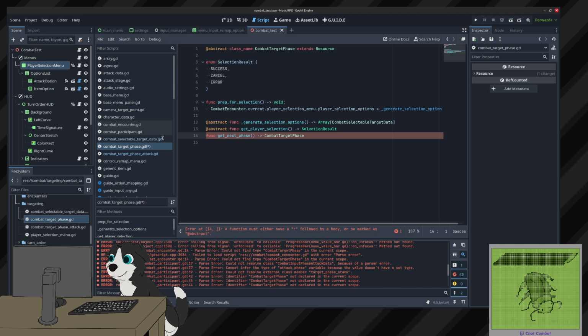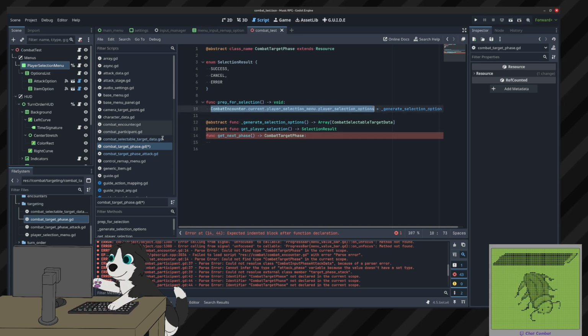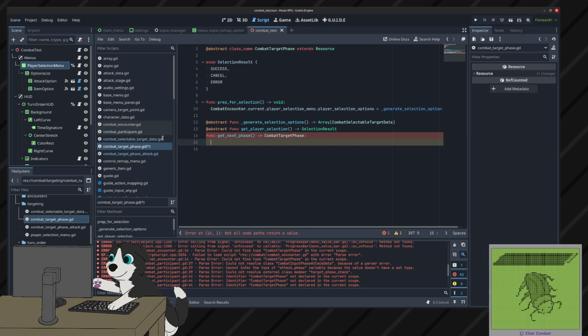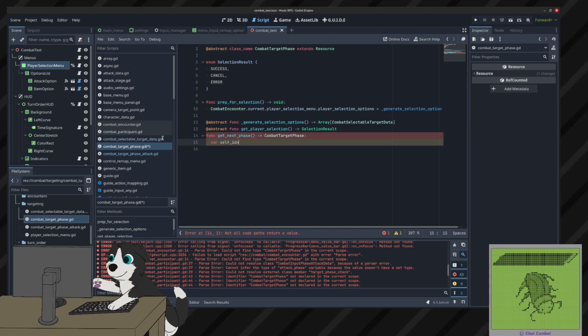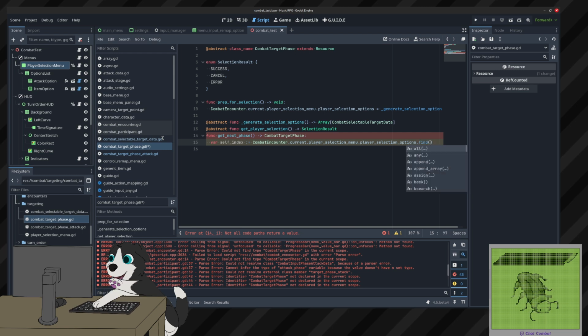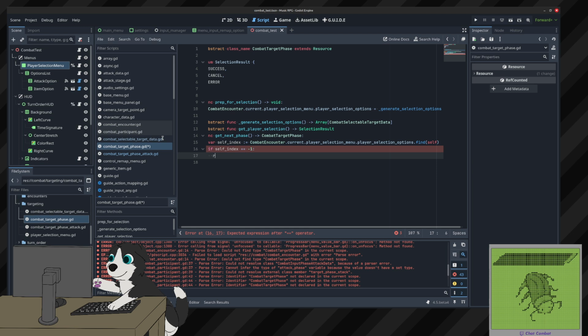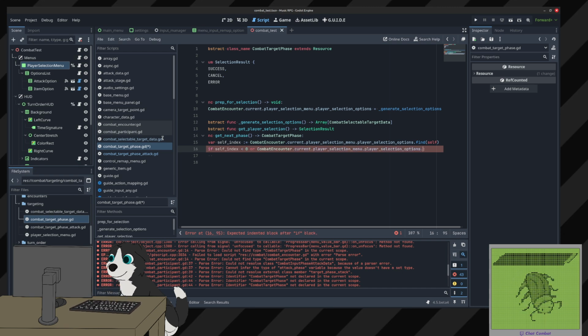I can get it pretty generically though, in that I can just do player selection options, index, this self index is find self. If it's less than 0 or size